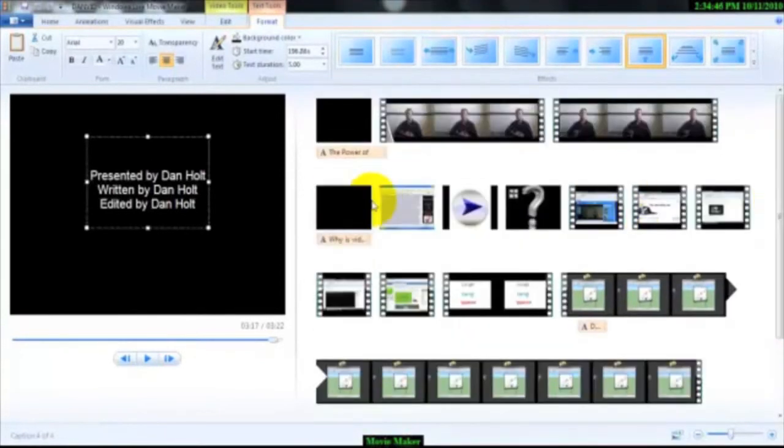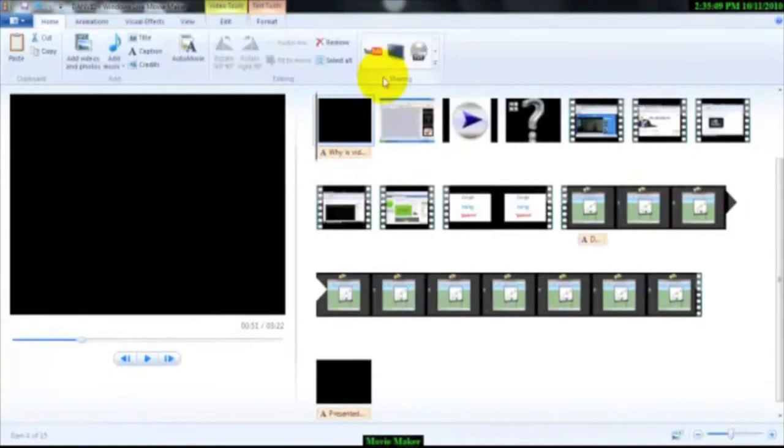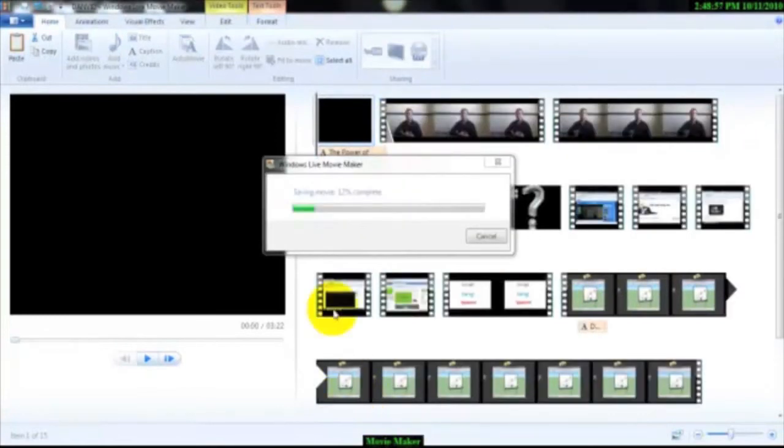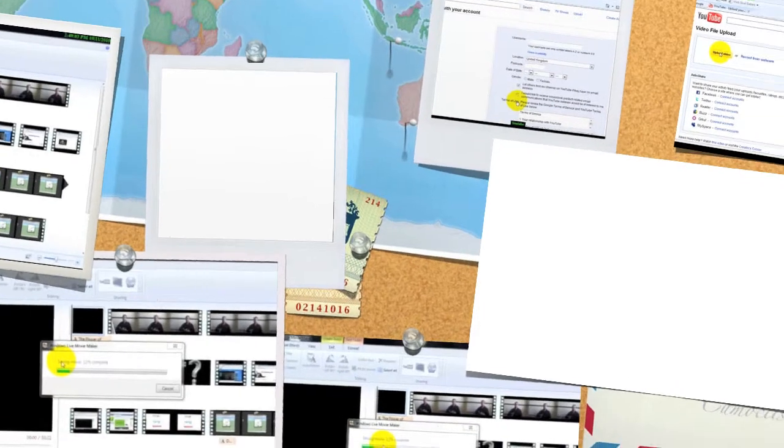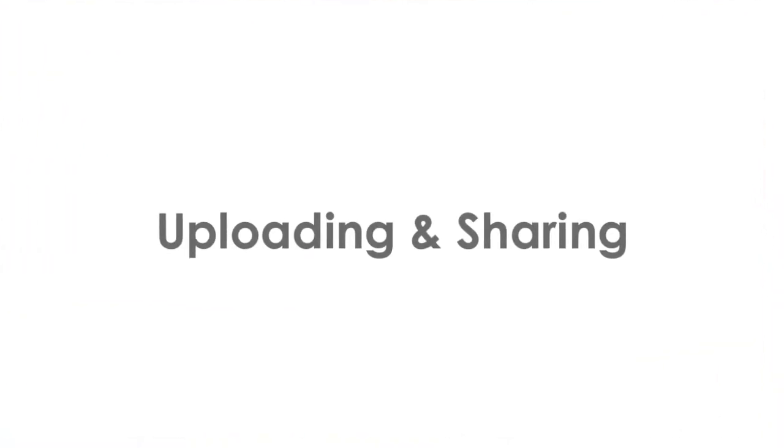So once we're happy with our video and we've got the credits ready, we're then just going to look at a few of the publishing options. So as you can see, you can upload it straight to YouTube. You've got your HD option. You can upload it to disk. We're going to go with the HD option, and we're going to save that. Take a few minutes, but once it's done, that's our video complete, and we're ready to rock and roll.